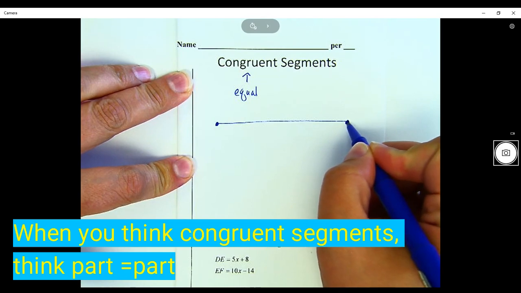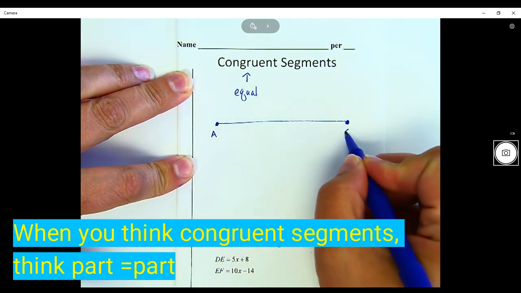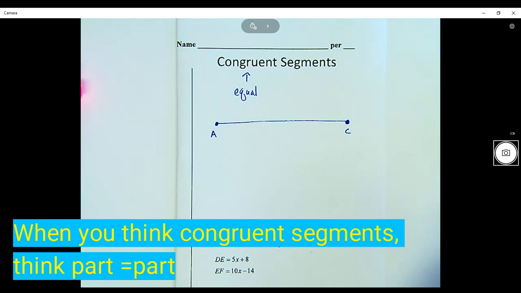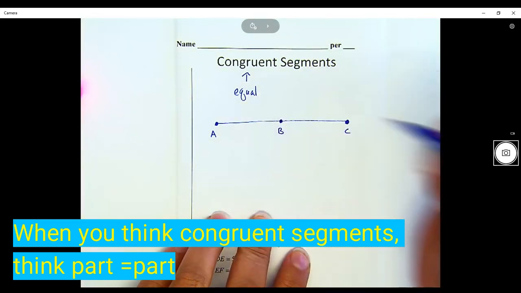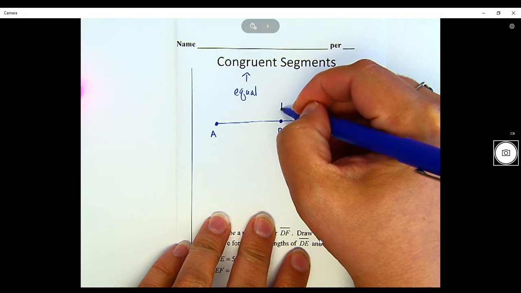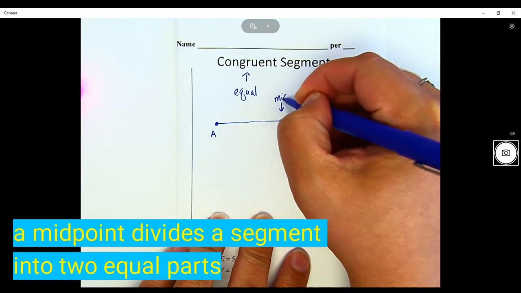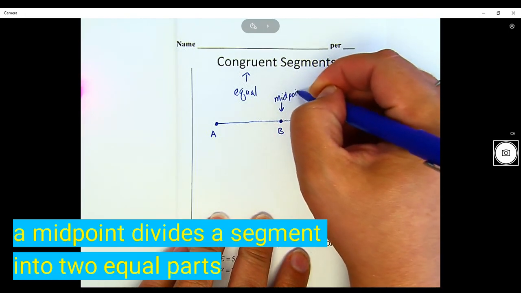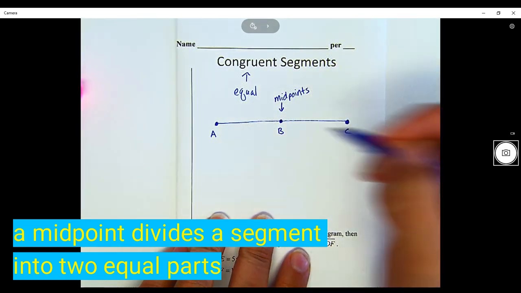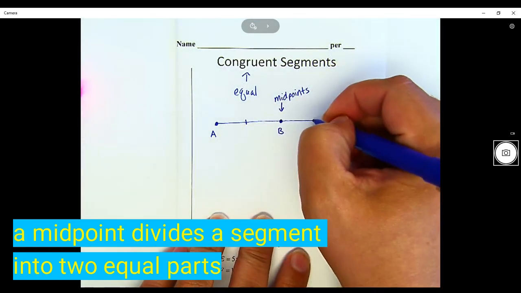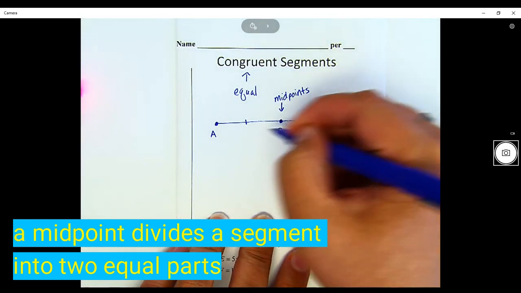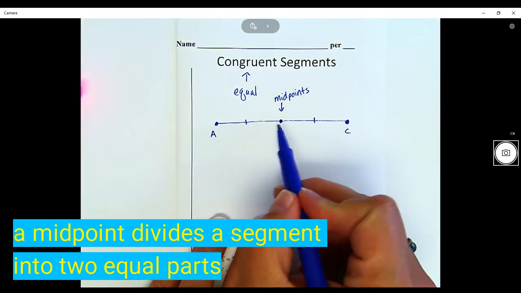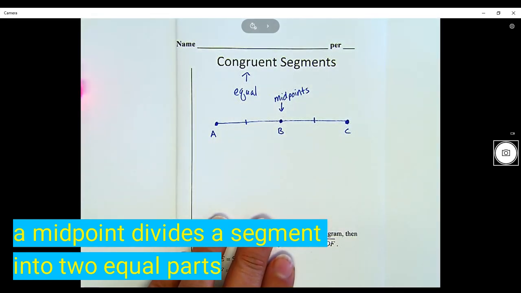I'm going to go ahead and call those endpoints A and C. For two segments to be congruent, they have to have something called a midpoint. I'm going to call that midpoint B. Now, sometimes you will get directions that say a midpoint exists. Other times you'll have a drawing that has these tick marks of congruence on there for you. These show you that B is a midpoint because AB has to be equal to BC for that to be